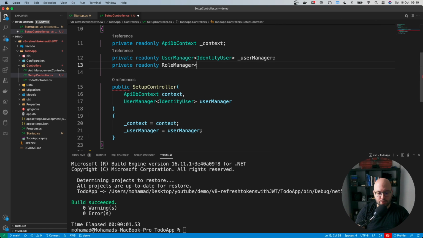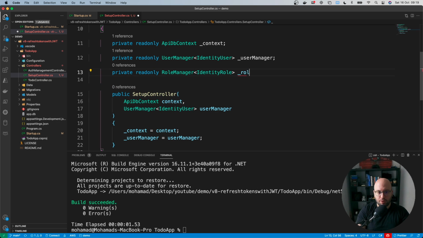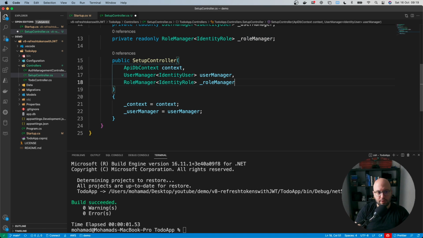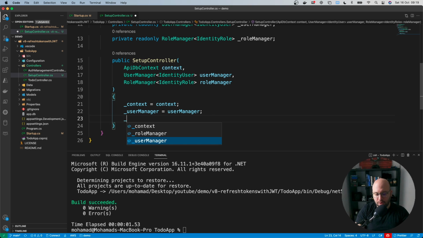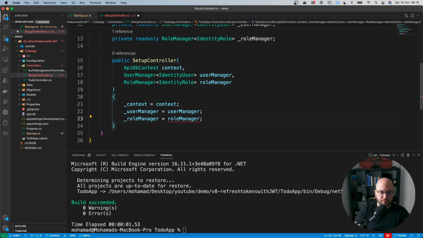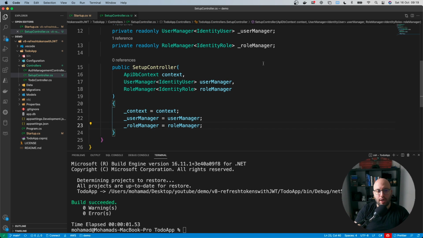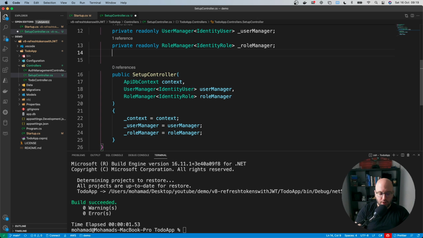role manager. We're gonna utilize the identity role, and we're gonna put underscore role manager. Perfect. And we're gonna be doing the same thing here, so let's copy this and let's initialize it inside our constructor, and let's remove this, and this is gonna be underscore role manager equal role manager. Perfect. So the last thing that we wanna actually add is the logger, which is gonna be